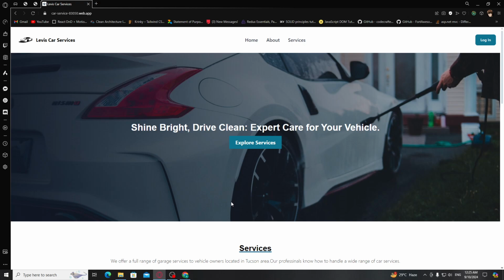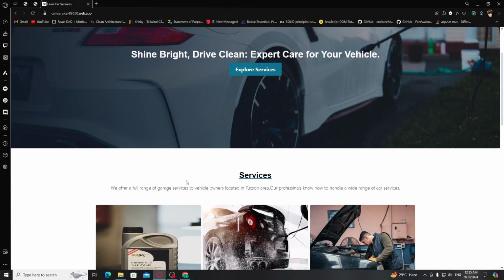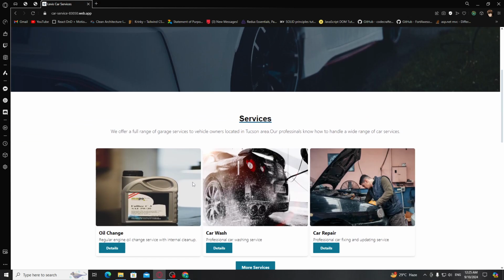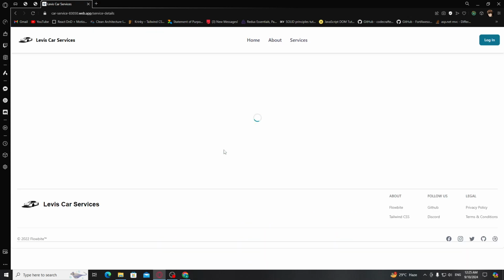Now, firstly, I'm going to give you a small overview of what this web application actually is. As you can see, it's a car services application where users can search. There are various kinds of car services such as oil changing, car washing, car repairing, and they can see the details